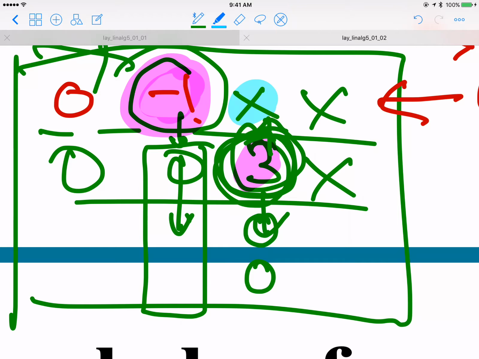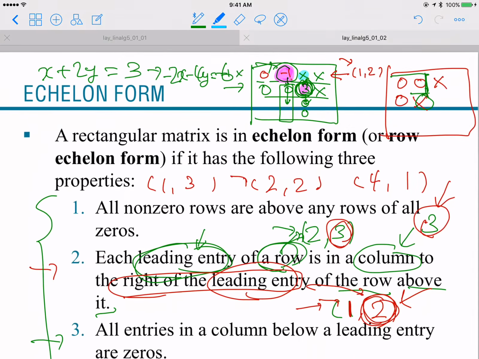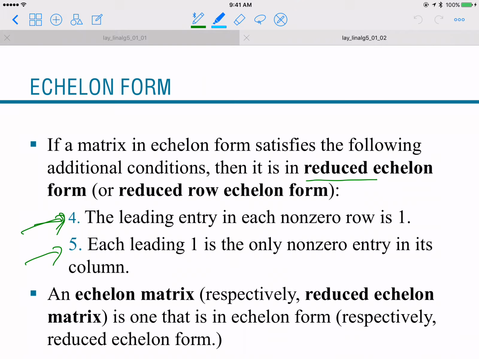So if, when looking in the upper direction, we see all zeros, which means if I'm a leading entry, then I look down or I look up, and I only see zeros, no other non-zero entries, in that case,